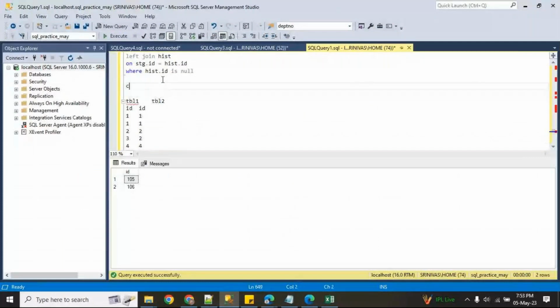I am creating table one: create table T1 with ID int, create table T2 with ID int. Now you can do all these things, guys.